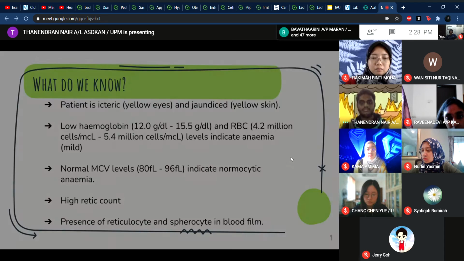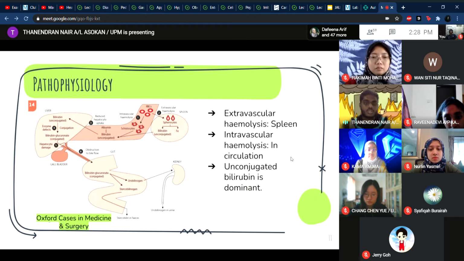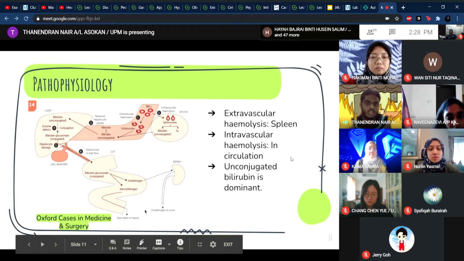Okay, so this is an anemia reference range, where a mild anemia is between 9.0 to 10.9 grams per deciliter. A moderate anemia is between 7.0 to 8.9 grams per deciliter, while a severe anemia is anything below 7.0 grams per deciliter. Now here's the pathophysiology of prehepatic jaundice. Previously, Haziq explained how the total pathway of this